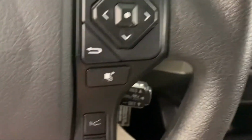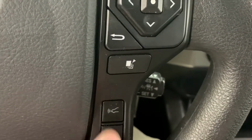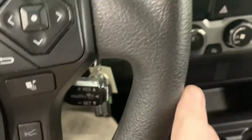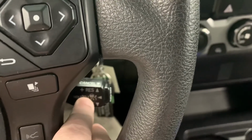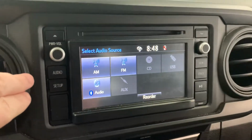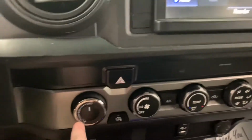Looks like we got lane departure and forward collision on this vehicle. So how about that? Got the safety features even on a base trim. And then down here at about 4 o'clock is your third stem for your cruise control. We do have AM, FM satellite radio, as you can see there, single CD, also electronic shift on the fly